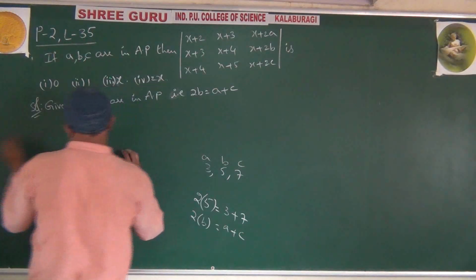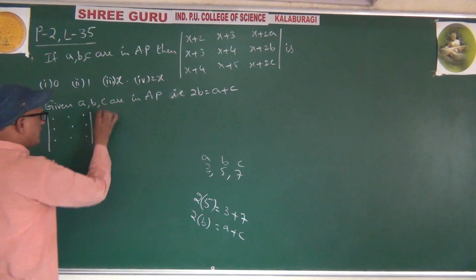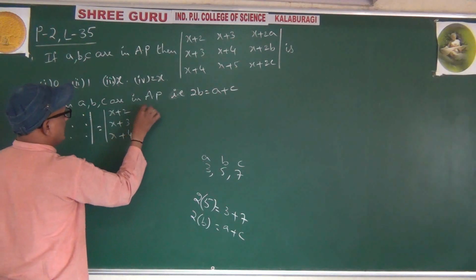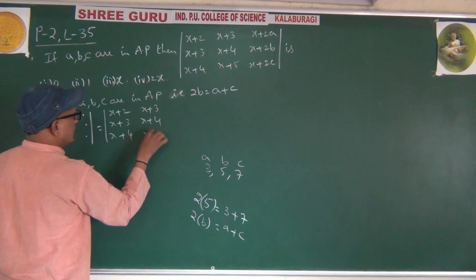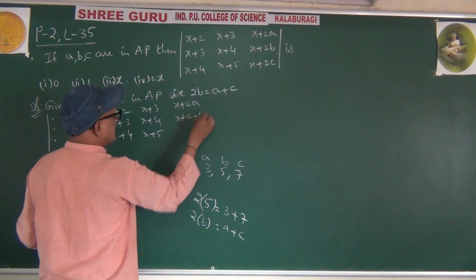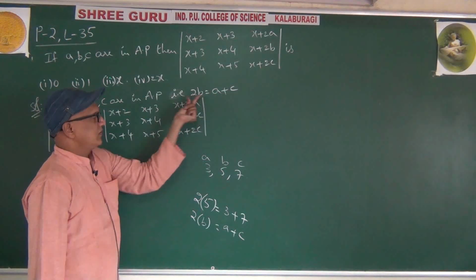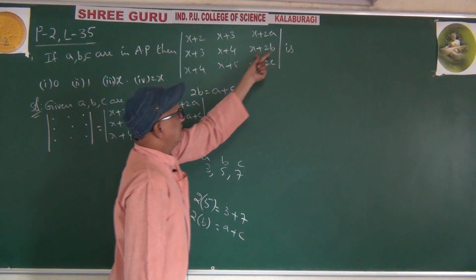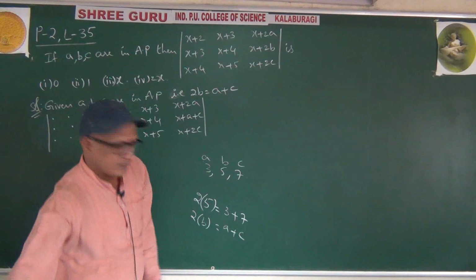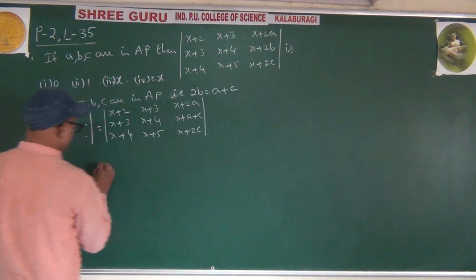Okay? So the given determinant, I am writing it as x plus 2, x plus 3, x plus 4; x plus 3, x plus 4, x plus 5; x plus 2, x plus A plus C, x plus 2C. Equals